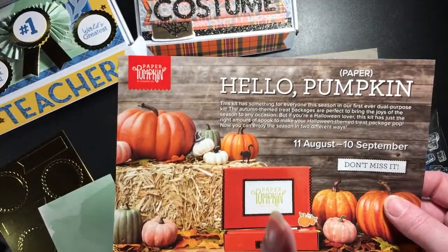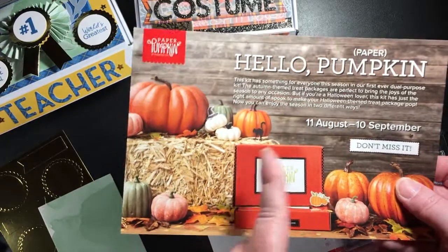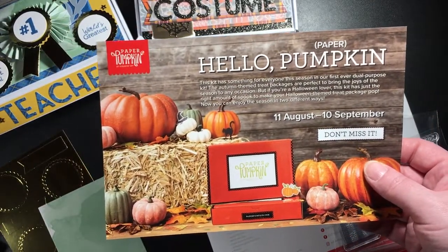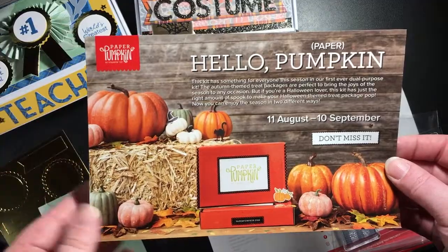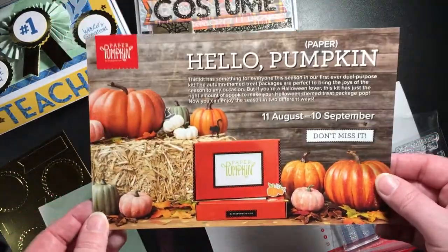You can do month to month. You can do prepaid, I think it's 3, 6, and 12 months. If you know you love Paper Pumpkin and you want to get them for 3 months, 6 months, or 12 months, there are different ways to do it. You can suspend or cancel your Paper Pumpkin at any time, but I highly recommend this kit, especially if you